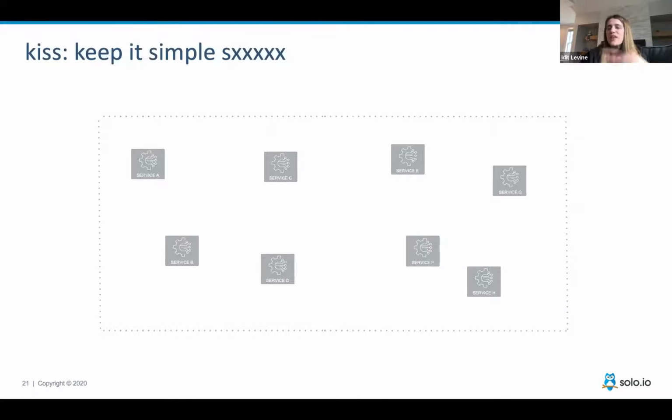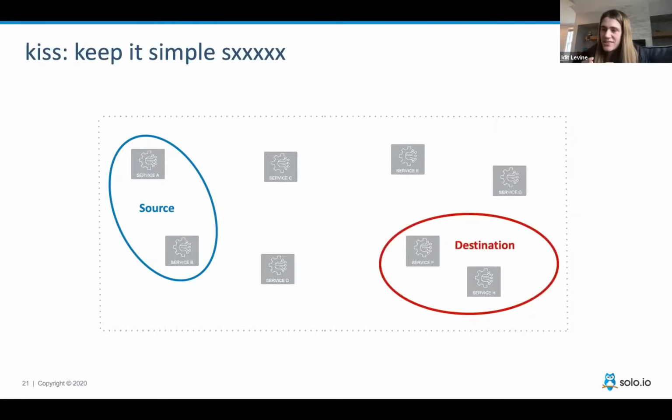In a nutshell, you have a lot of services, right? Or workloads, right? It can be a VM, it can be a serverless function. But in a nutshell, you have a lot of them. And the only thing that service mesh is trying to do, right? The way you will use service mesh, you will choose a source, and it doesn't matter which type of workload it is, you will be able to choose a destination. And again, doesn't care, right? And what you also want to do then is basically put policy on the pipe.